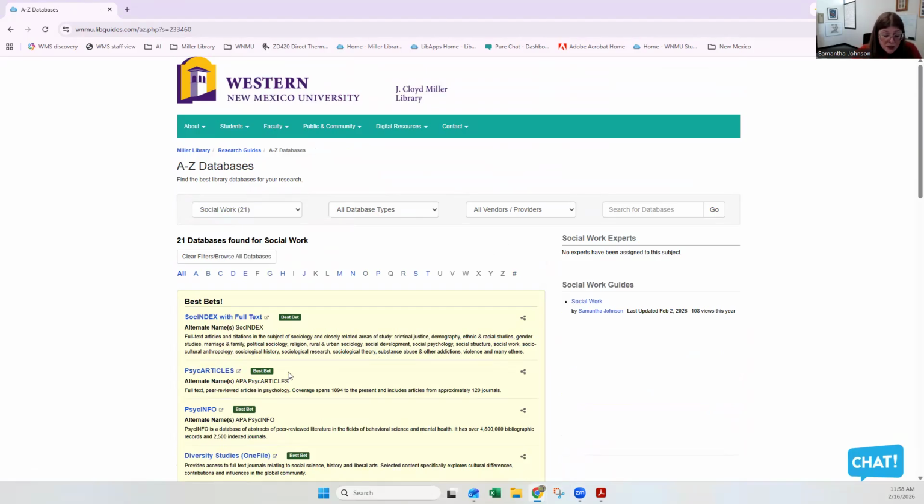As you can see, the SOCIndex database is at the top of the list of the social work databases here. From this page, you can also access the social work research guide over here on the right. Click on the SOCIndex title